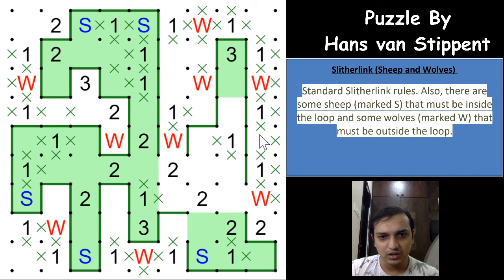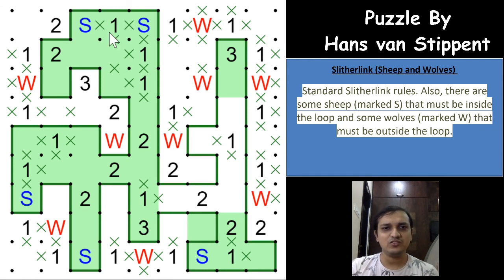Let's see if we can continue. So this 2 has only 2 possible loop segments, either these 2 or these 2, right? There is no other possible way. So if you close this, all of these 3 are not part of the loop segments now. They will be getting crossed out, which means this has to come down and go this way. This has to go this way and come down, and these 2 cells cannot meet. So this has to go this way, and this 2 is now fulfilled by having a loop segment at the bottom. And with this we have completed this excellent sheep and wolf slithering variant, right?